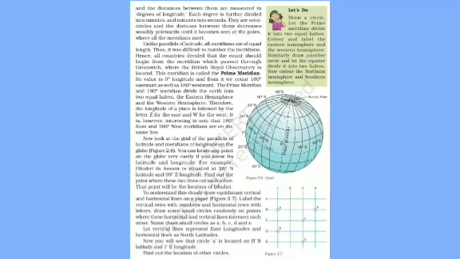Just like the equator divides the earth into northern and southern hemispheres, the prime meridian divides the earth into eastern and western hemispheres. So we can easily point out a place by stating that this is 30 degrees west of the prime meridian, or this is 5 degrees east of the prime meridian, like that. So we have taken that as a reference point.